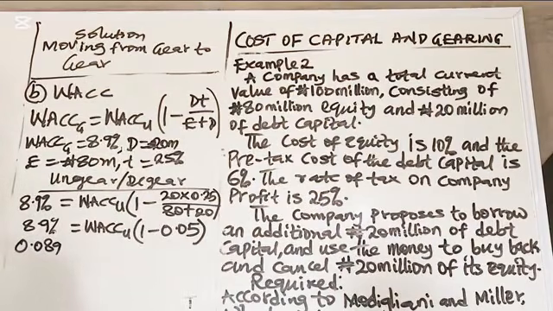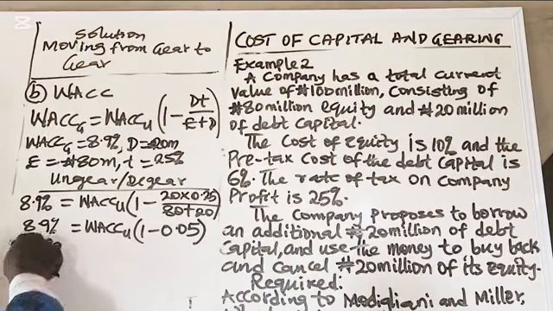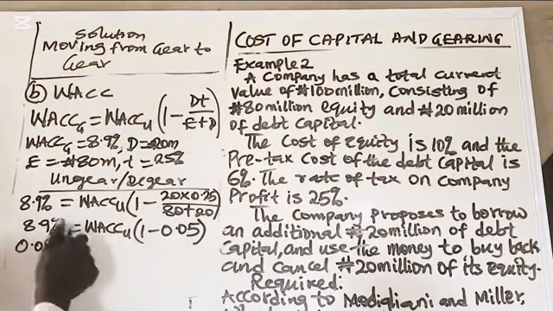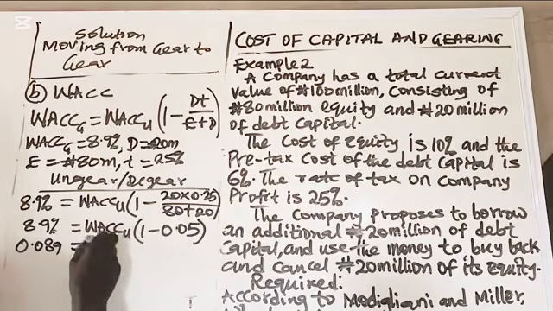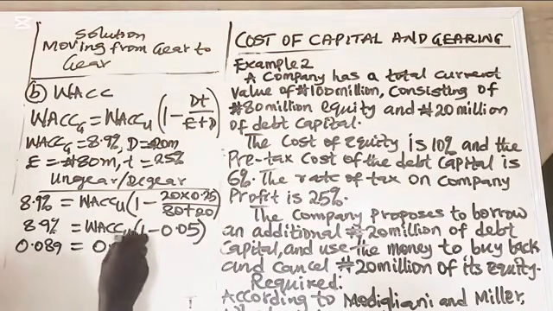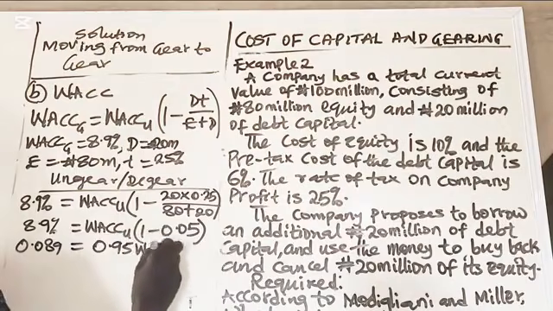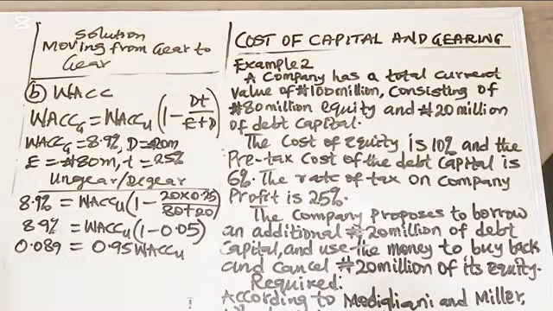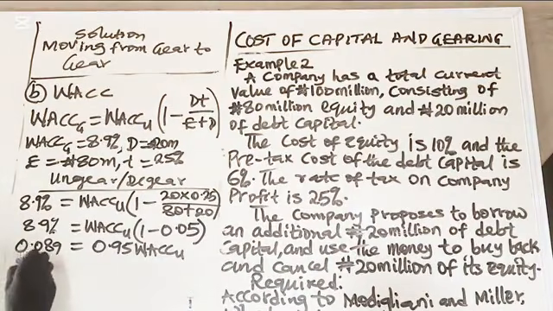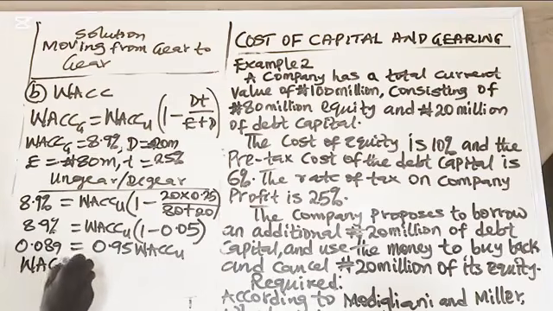Let me confirm. 8.9 divided by 100 is 0.089. I converted the percentage to decimal. If you subtract this, it equals 0.95 times the WACC of an ungeared company. So make the WACC of the ungeared company the subject of the formula: you divide both sides by 0.95. So the WACC of an ungeared company equals